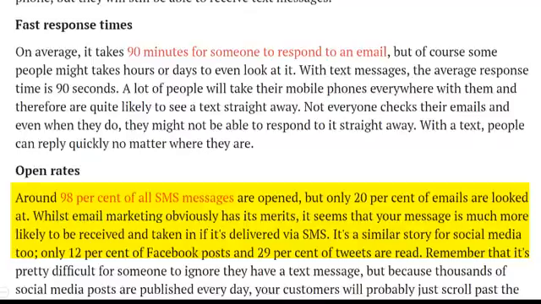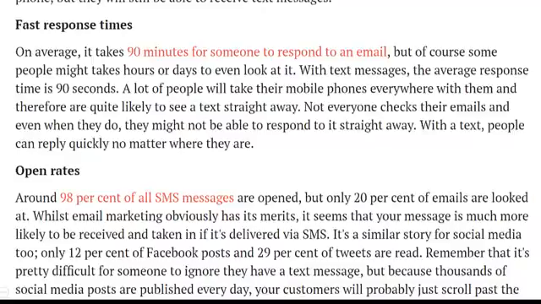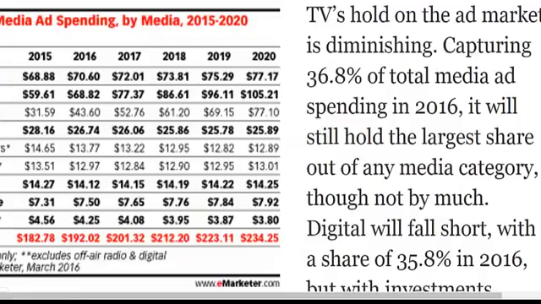This says that only 20% of emails are looked at. The reality is, in our industry, in network marketing, the home business, the internet affiliate type model business, the email open rates aren't nearly 20% on average. They're closer to 5 to 8%. Even with the Hall of Fame marketers out there, they only get about a 5 to 8% email open rate. But SMS text message rate is still 90+%. And so this is one of the reasons why we want to start to move towards mobile.